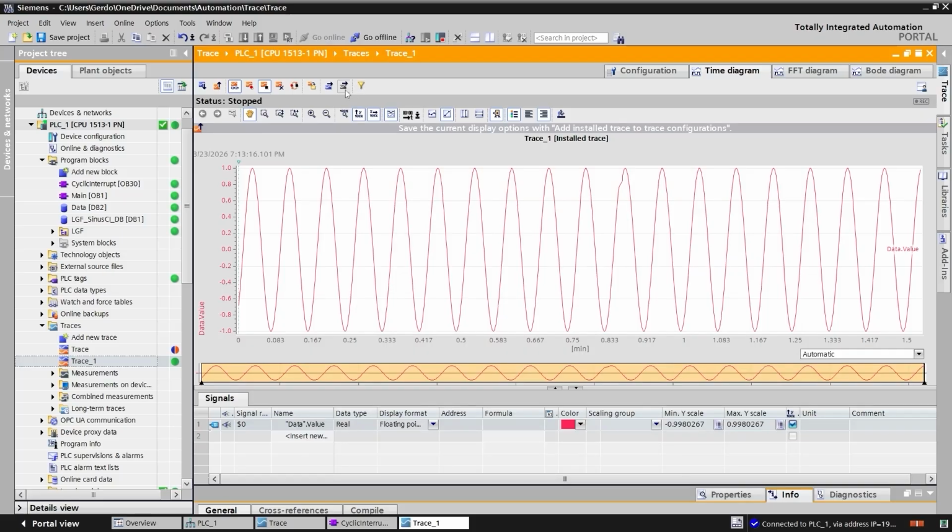The other option is to save the measurement. I have a lot of samples here that have been taken, so you can save them in a file. That's specifically useful if you want to diagnose an error. For example, you may call your application engineer and say that you have this problem with your machine, and he sends you a trace file and asks you to record a trace for these particular signals, and then save the measurement and send it back to him for analysis. So if I click here,